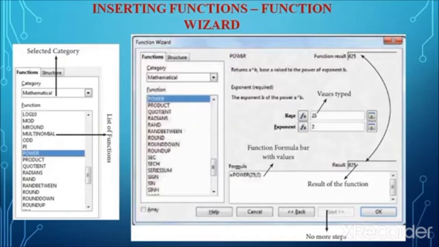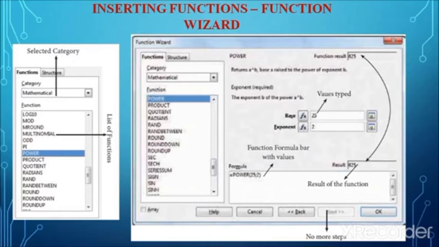Next is inserting functions using the function wizard method. A function can also be inserted using the function wizard. That is, a template will be there, so we just need to select the function and feed the values. The function wizard is a dialog box which provides a step-by-step procedure to insert a function.